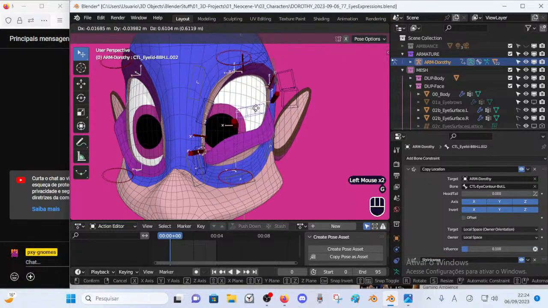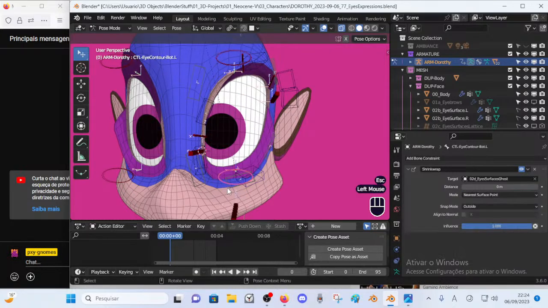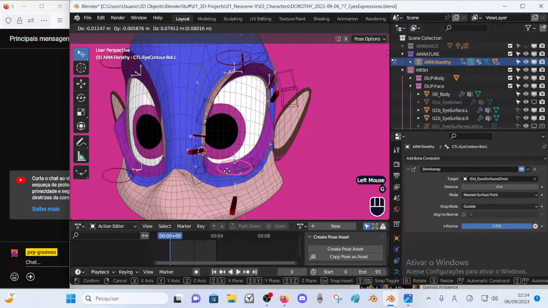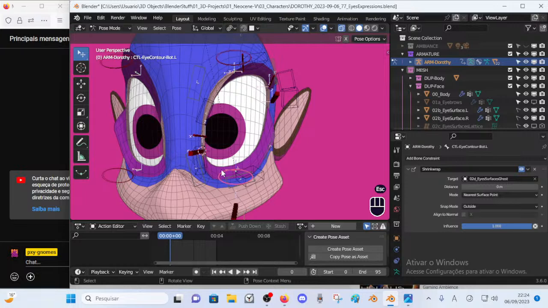You see how it moves? Okay, so the eyelash bone responds, but now it doesn't respond if I use the main bone.